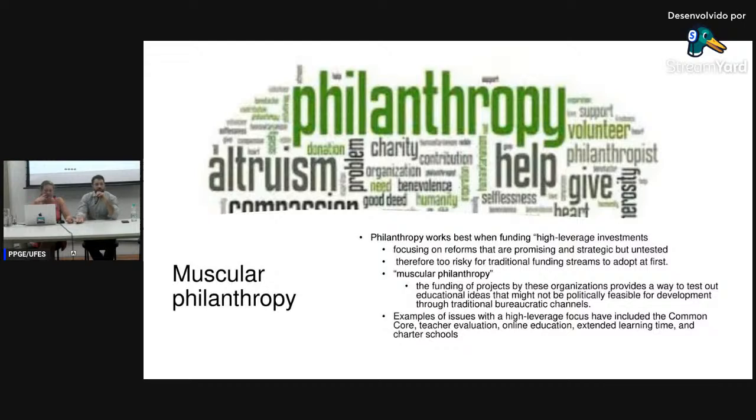Então, a mais famosa de todas é a Gates Foundation, né, que é a do Bill Gates. Então, ela tem muito dinheiro e ela pode influenciar qualquer política muito mais do que qualquer outro instituto, outra